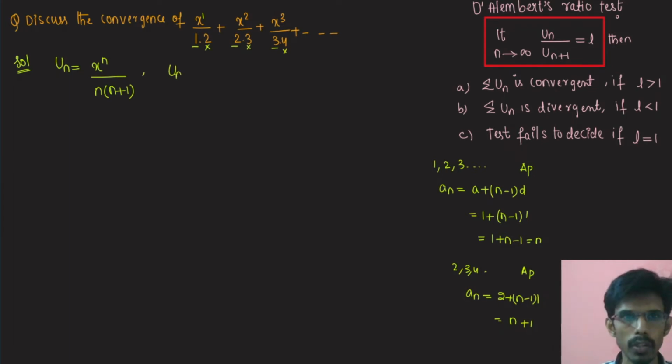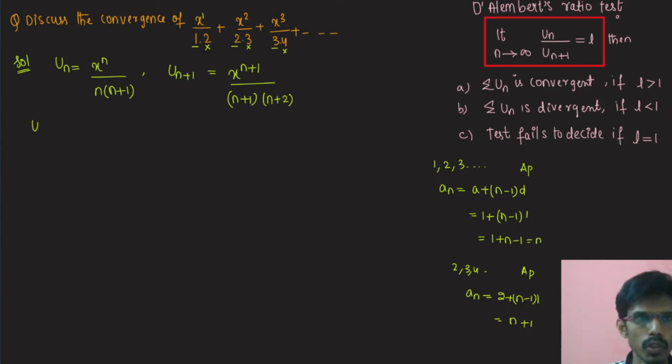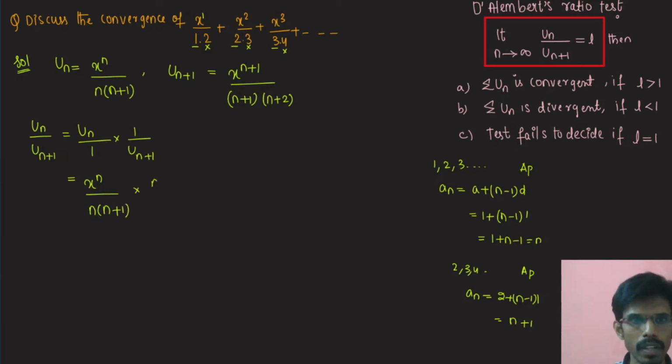Now we want the ratio of un by un plus 1. So we require un plus 1. Put n plus 1 everywhere. So we'll get x power n plus 1 upon n plus 1 into n plus 1 plus 1, which will be n plus 2. Now the ratio of un upon un plus 1 can be written as un into 1 by un plus 1. So un means x power n upon n into n plus 1. Now we want the reciprocal of un plus 1, which will be n plus 1 into n plus 2